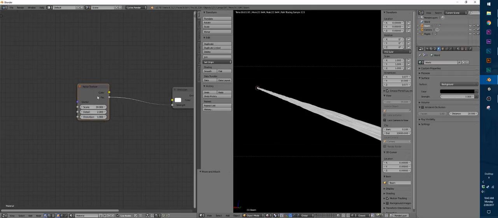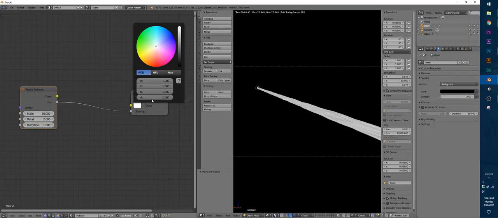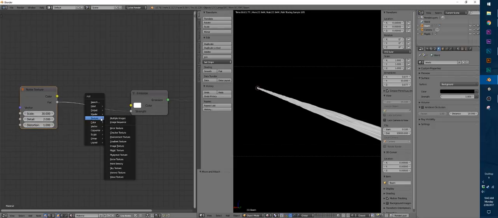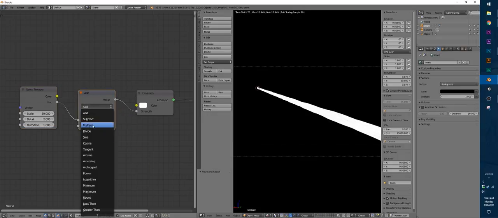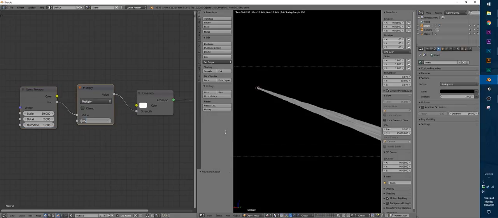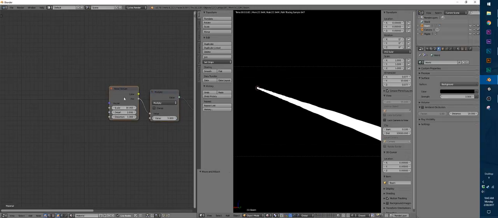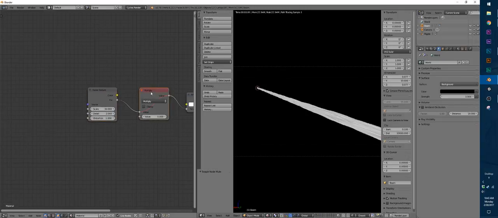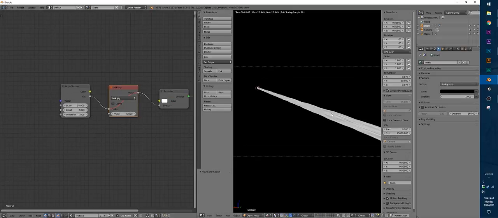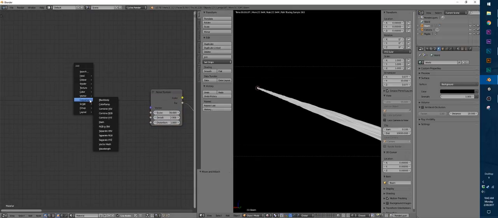So to get this to look alright, we should probably add a converter math node right in between those two to multiply the glow by 5 so that it's still really bright. It just has a little tiny bit of variation that we can't really see, but the compositor can see when it's adding the glow. I'm just going to mute this node for now so we can see what we're doing,